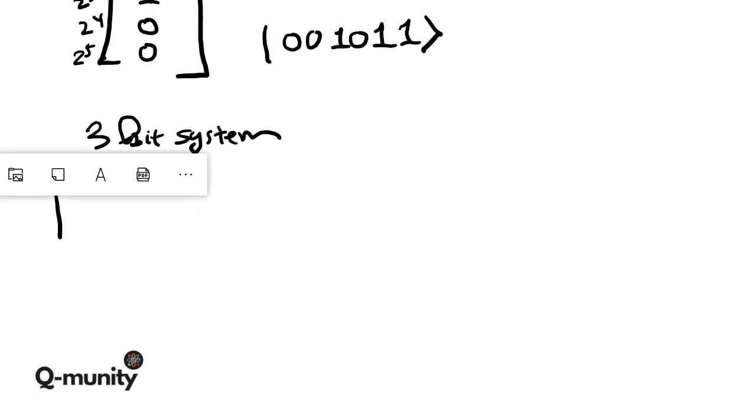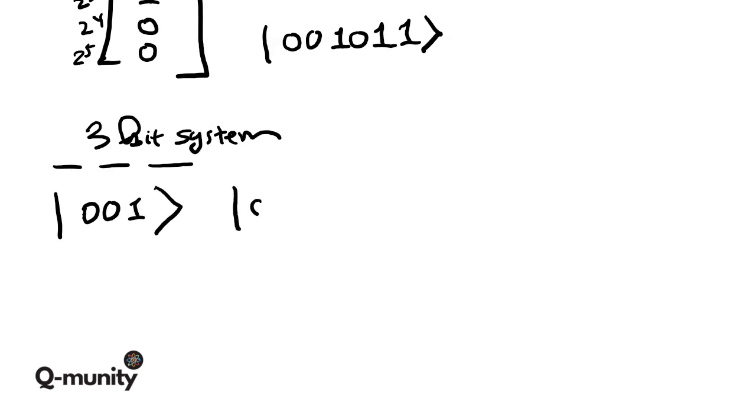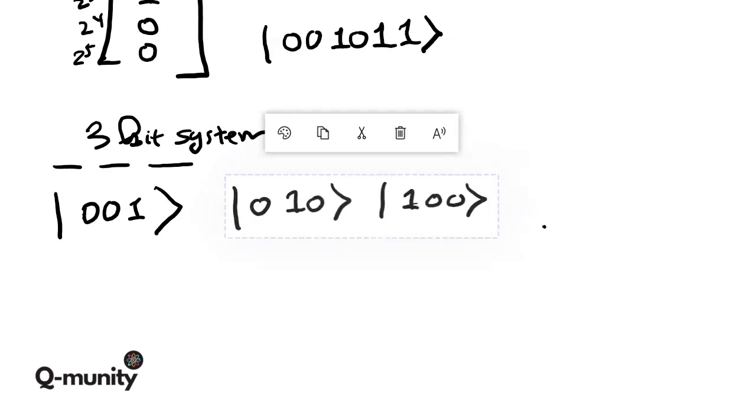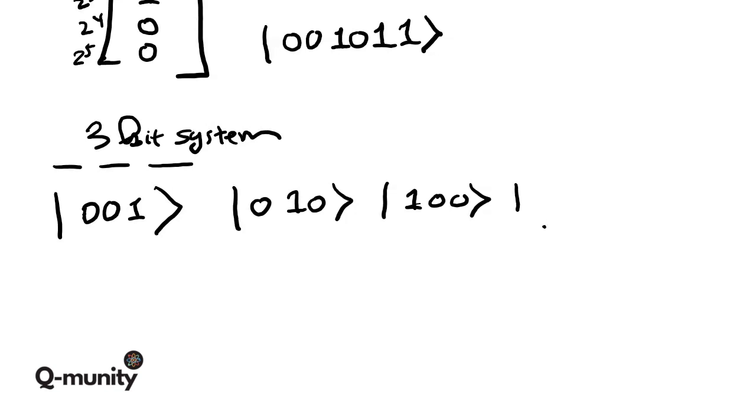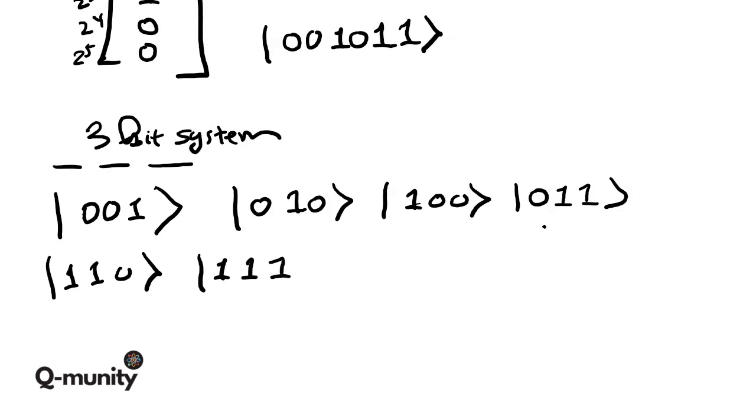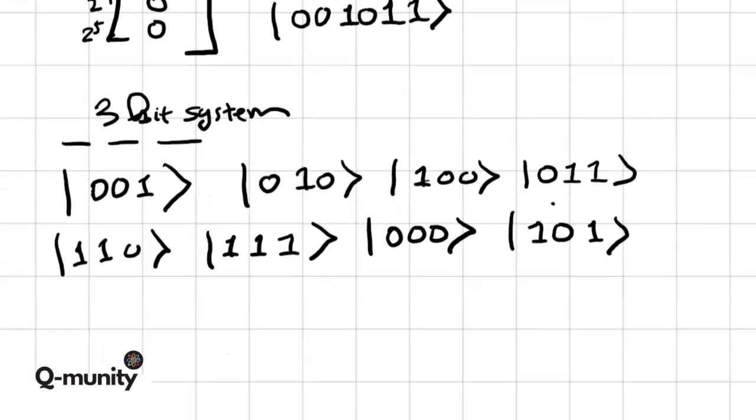can be written as, say, 0, 0, 1, or say 0, 1, 0, or say 1, 0, 0, and going on from there, considering all the possible states, 0, 1, 1, 1, 1, 0, 1, 1, 1, oops, 0, 0, 0, 1, 0, 1. Alright, those are 8 possible states, right? Expressed in terms of this